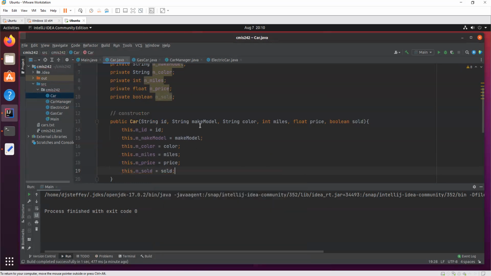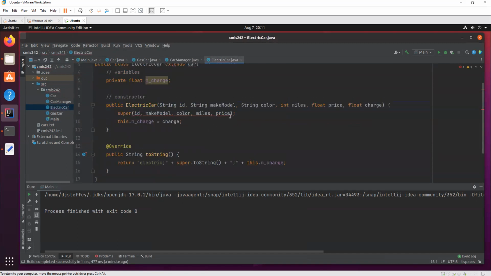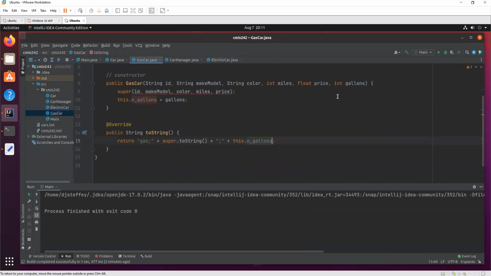But if we do it here in the base class, we also kind of got to do it in the subclasses. So for electric car, this also wants to know if it's sold or not. Kind of like that. An electric car, the gas car, very similar.